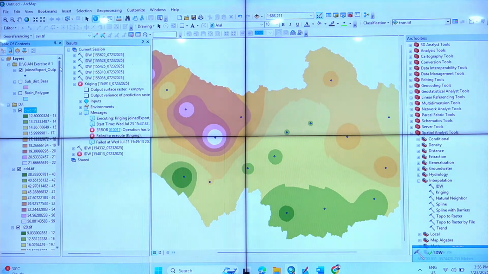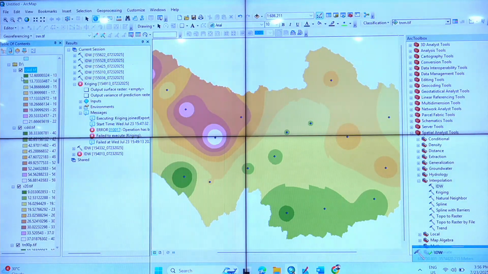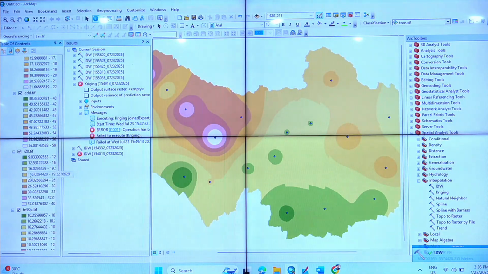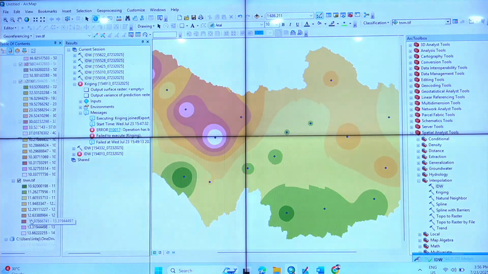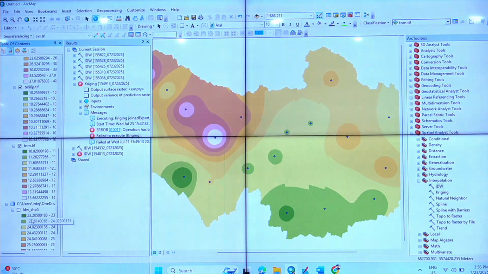So we have all the 6 layers interpolated: 1, 2, 3, 4, 5 and 6, right? The name came out wrong, IDW, but this is not IDW, right? I made a mistake in typing. Now